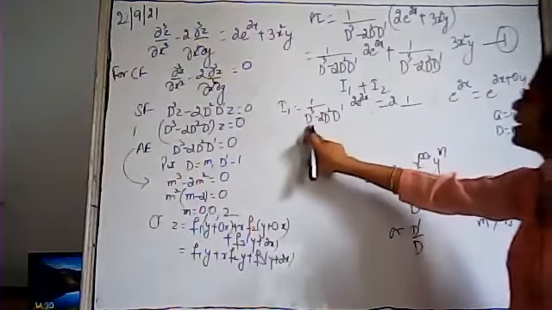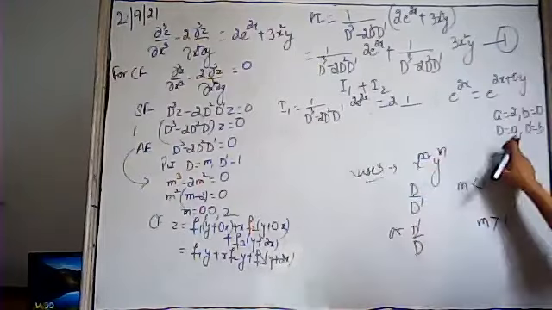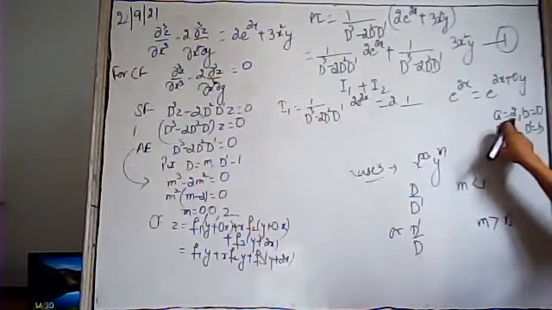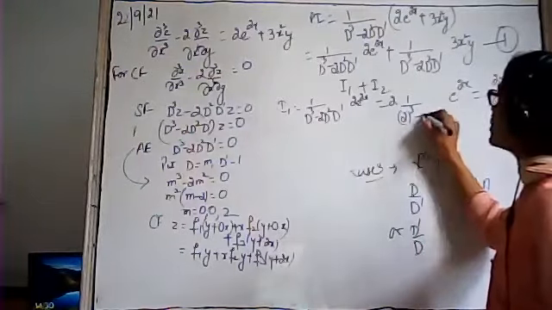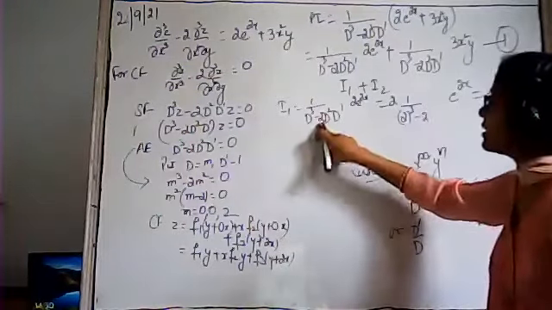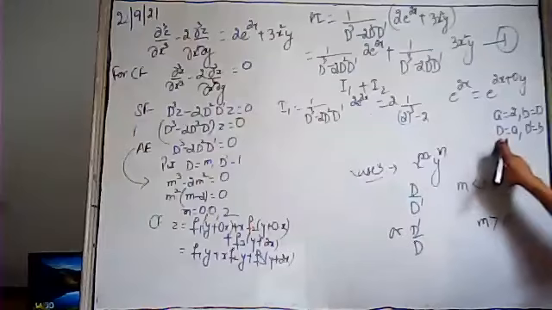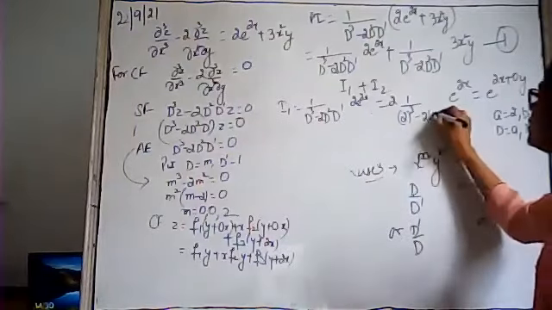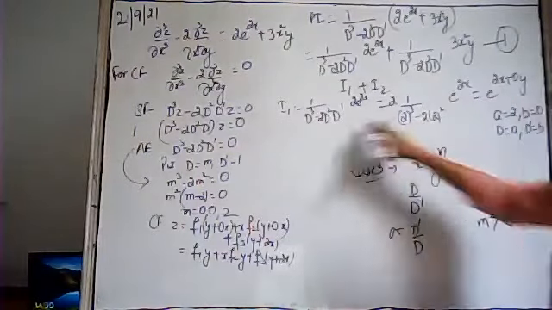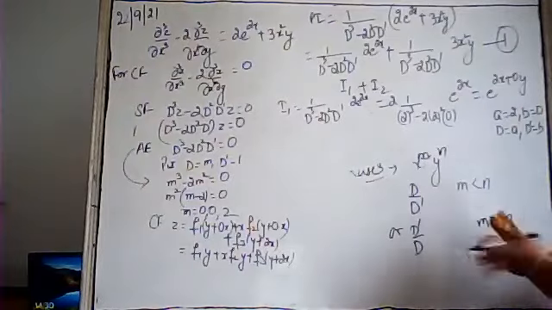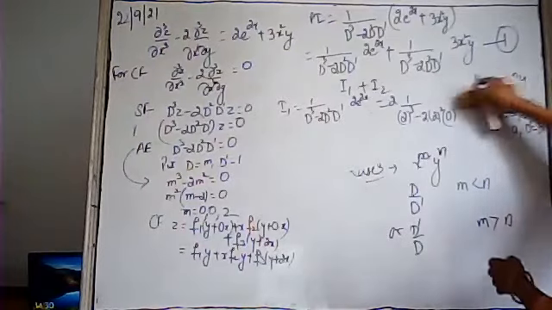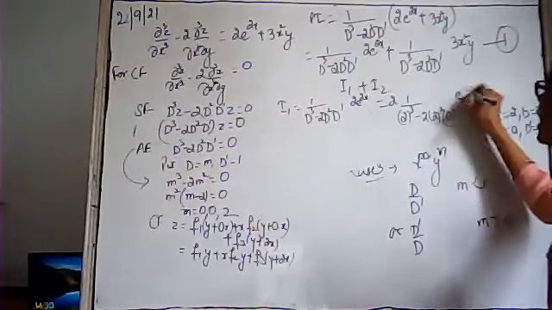तो बेटा क्या आ जाएगा यहाँ पे? This is D³. D³ means a³ and the value of a is 2. It will be 2³ minus, this 2 will remain as it is, D². The value of D² will be 2² into D'. D' is b and the value of b is 0. And e^(2x) will remain as it is.